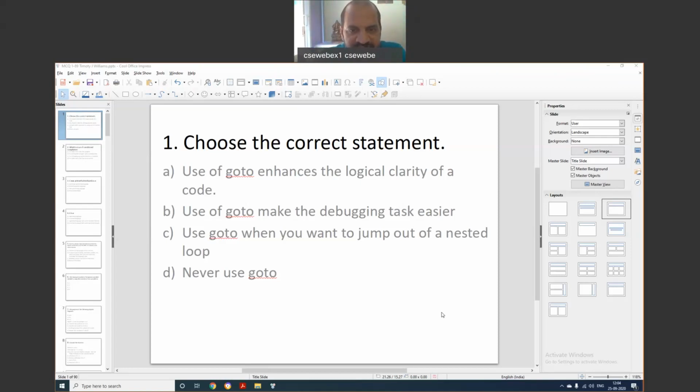So this third statement is right. Goto gives us a facility to come out from the inner loops. From all the loops, you can come out. Whereas if you want to come out from only one loop, then we can go for the break statement, right? So now goto is used very rarely, based on the requirements.